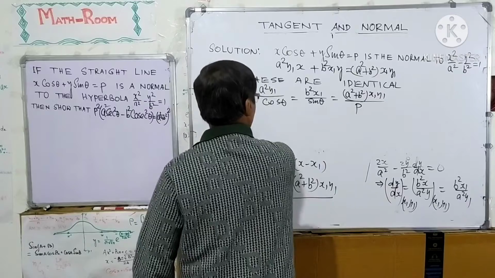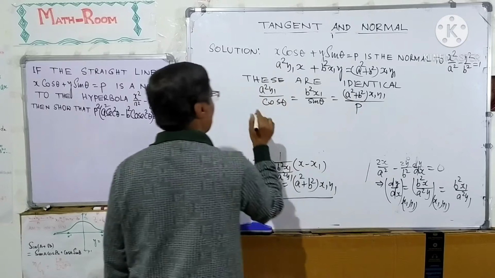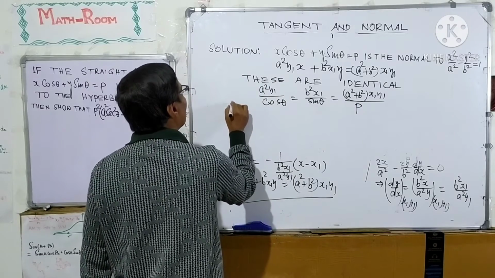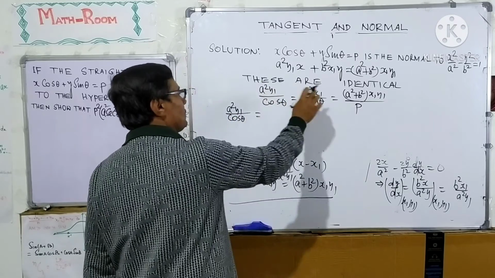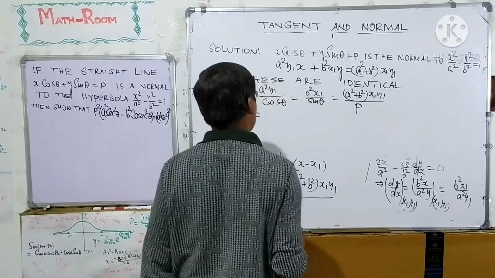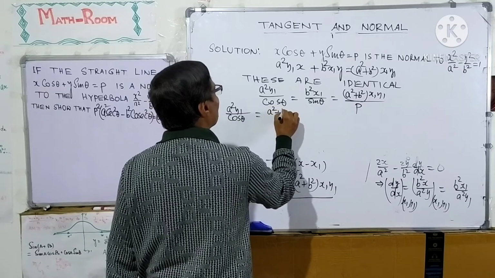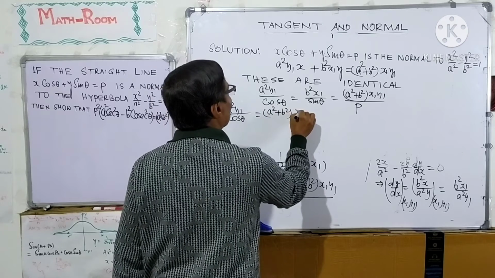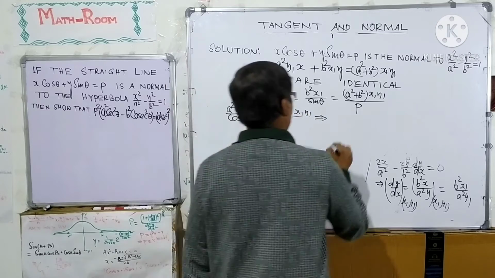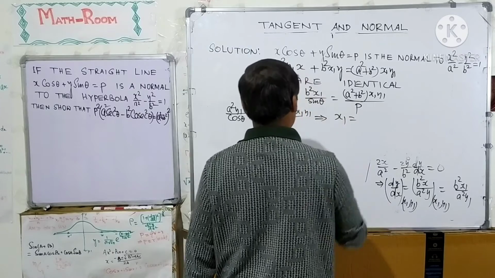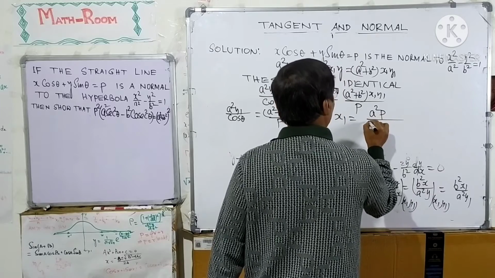From this equation, if we consider the first and third ratio, that is a square y1 over cos theta equal to a square plus b square into x1 y1 over p, which implies x1 equal to a square p over cos theta